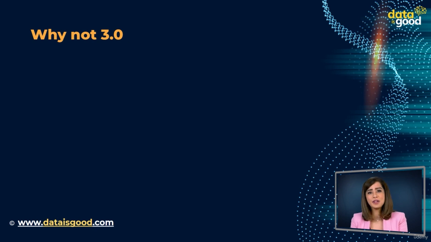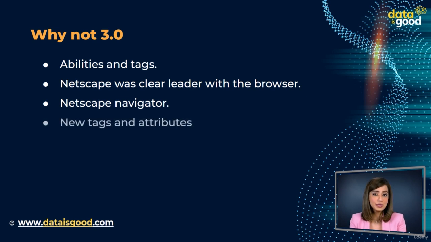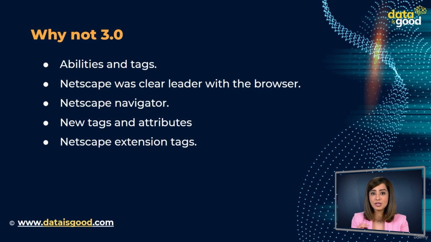In that era, more and more people were getting into the HTML game. After the HTML 2.0 release, people wanted more abilities and tags. They wanted to enhance the look of their sites. And this was the reason where the trouble started. A company called Netscape was a clear leader in the browser market at that time, with a browser called Netscape Navigator. To fulfill the wishes of HTML authors, they produced new tags and attributes into their Netscape Navigator browser. Interesting, right? Now, these new abilities were called Netscape extension tags.